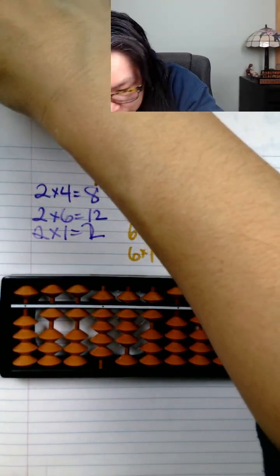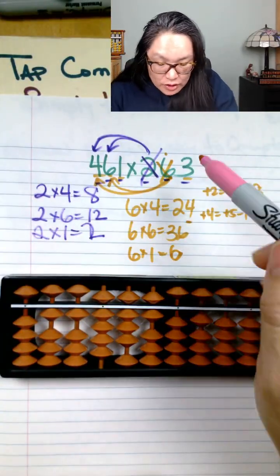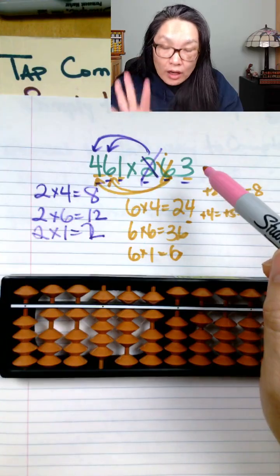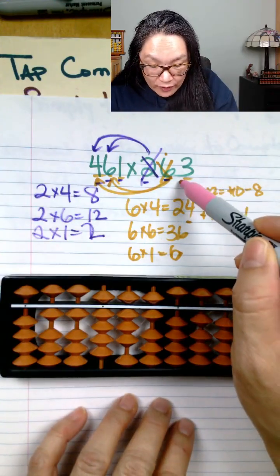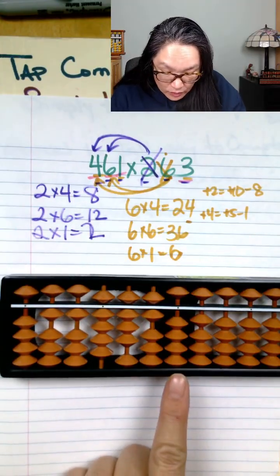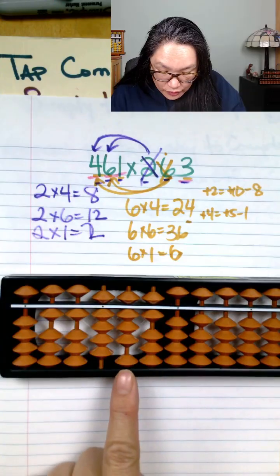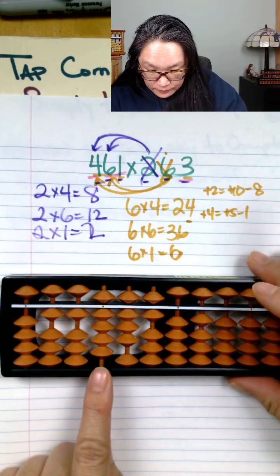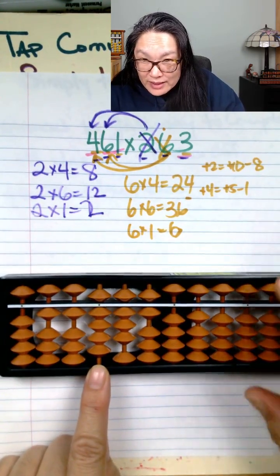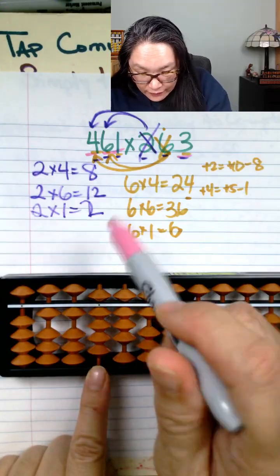I need to change to, let's do pink. So we have to reassess. Where are we going to start again? We're going to restart our starting point. How many digits do we have? We have 1, 2, 3, 4. So I'm going to count 1, 2, 3, and then 4. So I'm going to move it down a little bit. Hopefully it won't mess up my answer. So we have